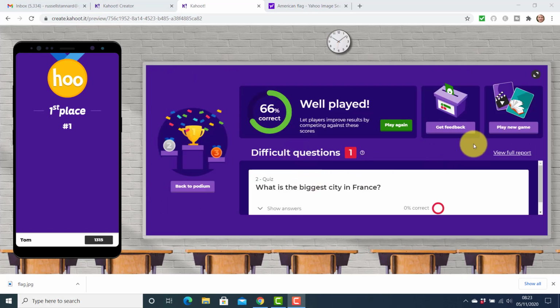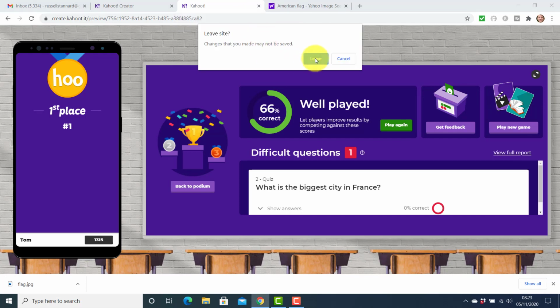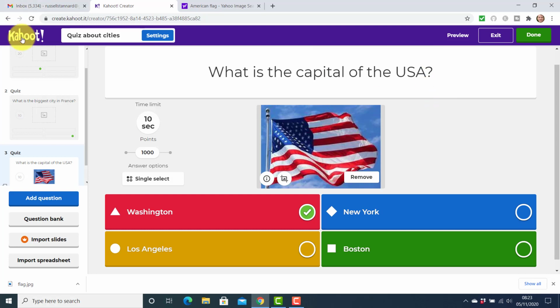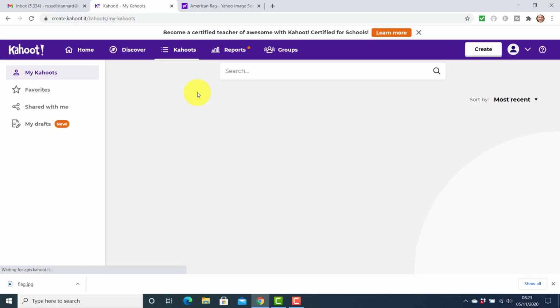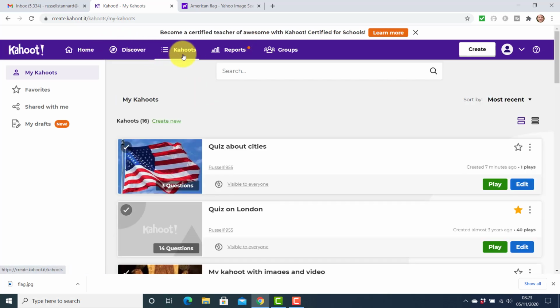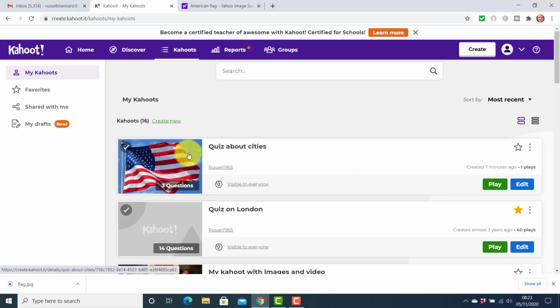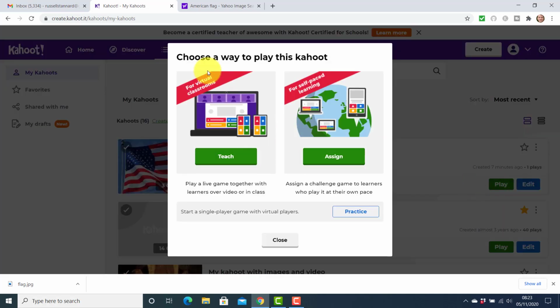Now, let's go back to Kahoot. So we're going to stop playing the game and come back to the actual original Kahoot. If I just click here to close that down, I'm going to leave that page for now. Come back to Kahoot, and if we come back to our Kahoots by just clicking here on the right hand side, we should see now that we've got all our Kahoots. We just click here to see a list of all our Kahoots, and we can actually play that game in Sirius now.